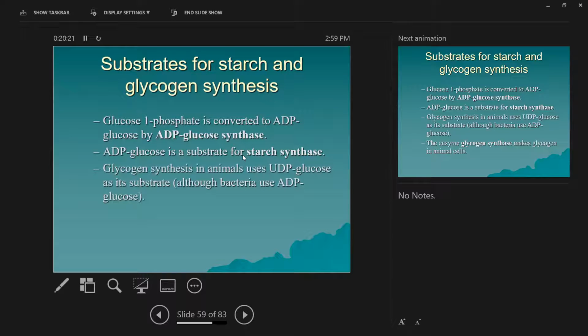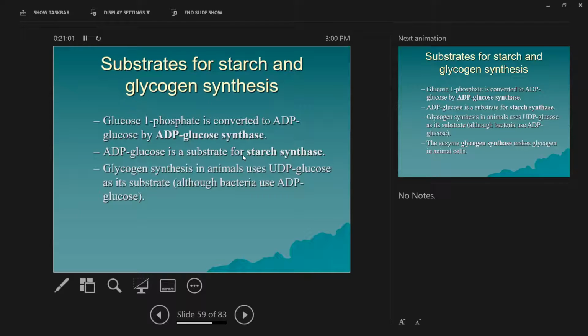For glycogen synthesis, that is in animal cells, what's the difference between starch and glycogen? Branching, degree of branching. Glycogen is very heavily branched. Starch is hardly branched at all. So starch usually is a mixture of amylose, which is not branched at all, and amylopectin, which has some branches. Now, when you make starch, do you have enzymes that add the branches? No. You make the linear